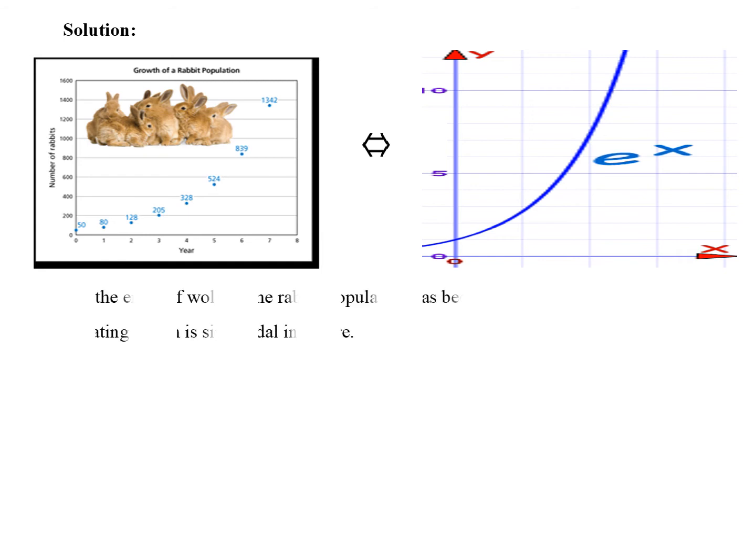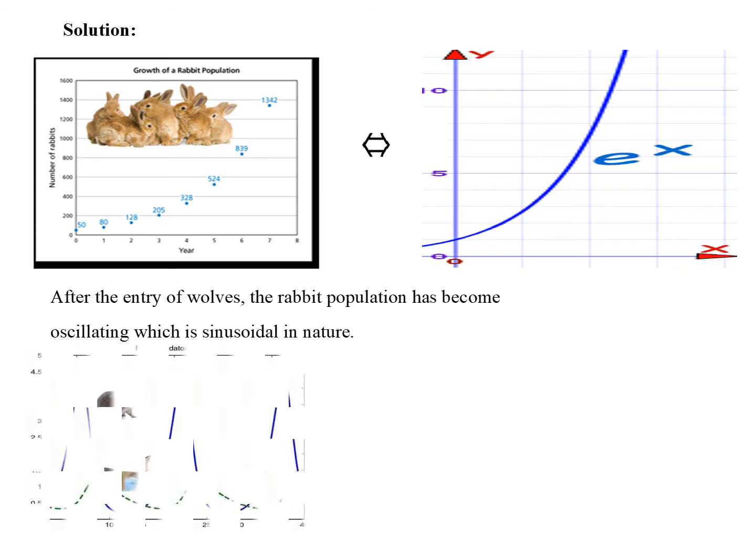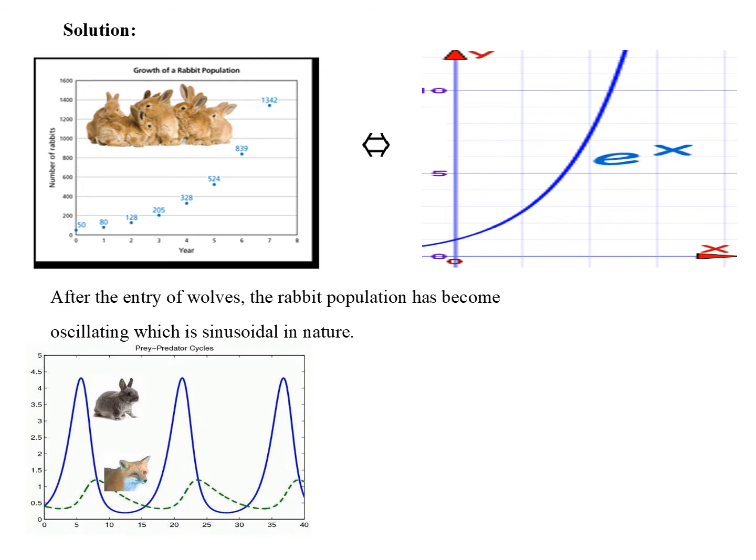Now after that, hunting had happened because of the entry of wolves. What is the pattern they had observed and given? Yeah, this one. What is this? When you observe this cycle, is it not our famous Fourier series, sines and cosines pattern? Yeah. So our work here is to represent the function e power x as sines and cosines. That is, we need to express the function e power x as a Fourier series, because Fourier series is the trigonometric series which has got sine and cosine terms.